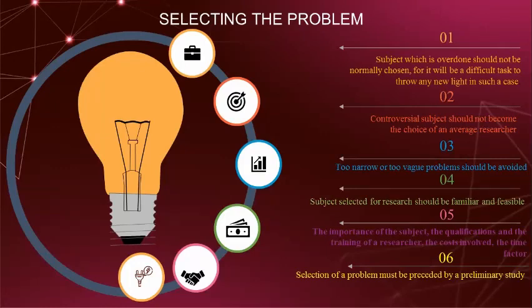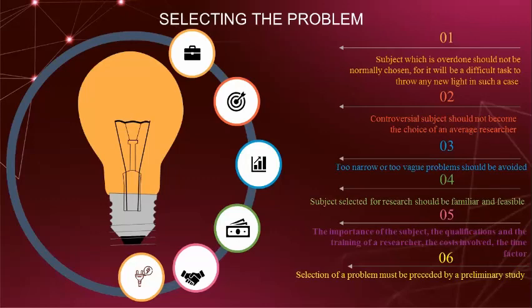Like if you take some subject in which a lot of research has already been done, that means all the problems in that particular research have already been researched out, then what new thing will you be doing? You will actually be doing what the others have already done. So you cannot do anything except replicate whatever other people have done. So you should not take something which has been done many times.